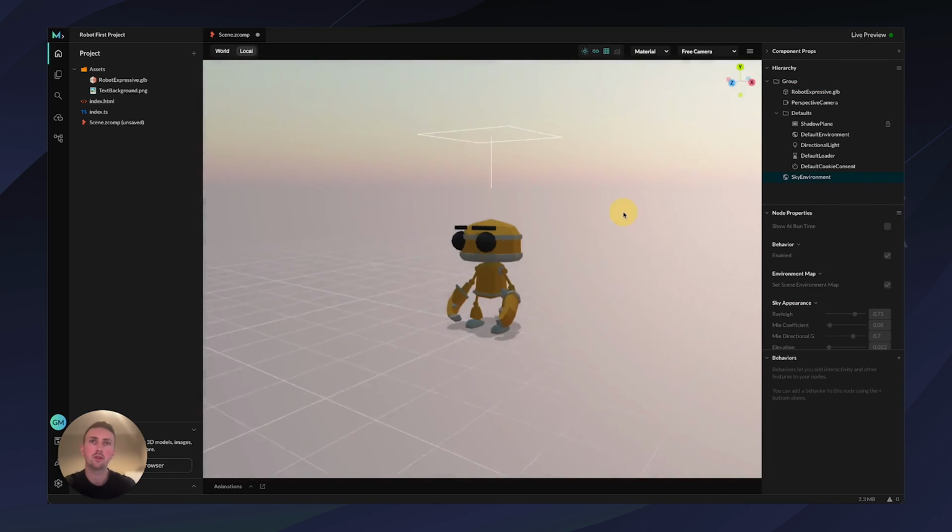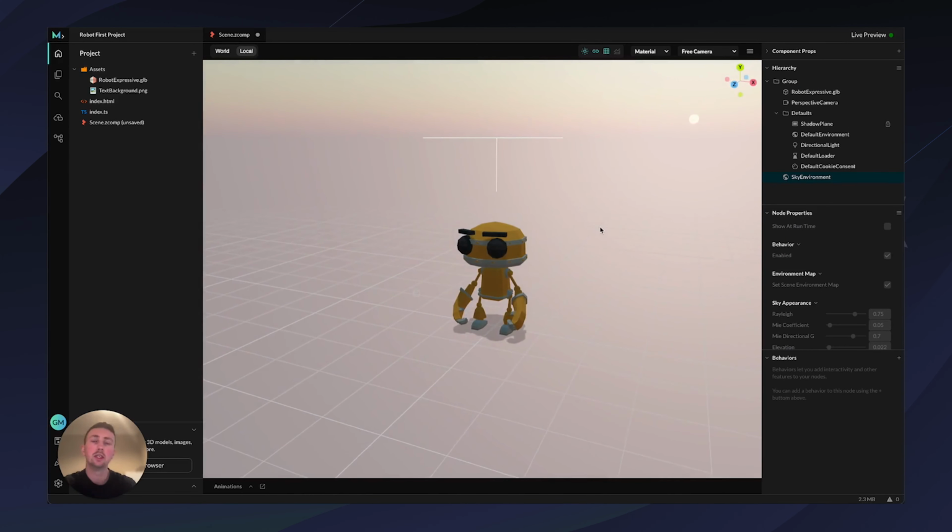And now you can see that we've got a nicer environment around our project. Worth noting that we're currently just making a 3D website project, and we're not creating an augmented reality for mobile project or a headset based experience. So the sky environment will work in this. For things like mobile AR, you're viewing the device camera, so a sky environment isn't needed unless you want to use it as the main lighting in your project.